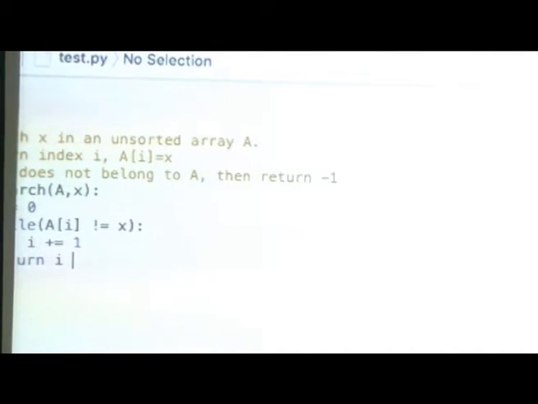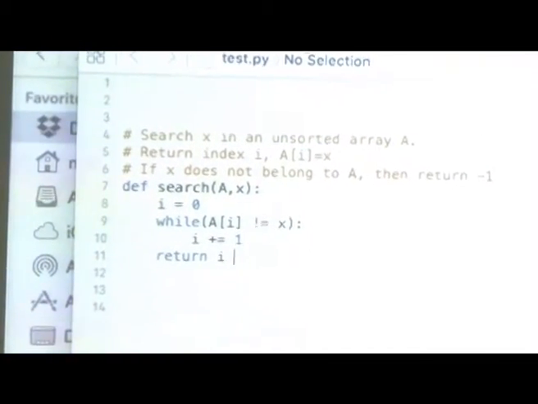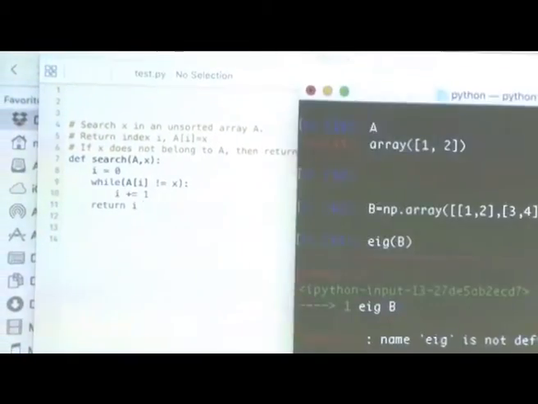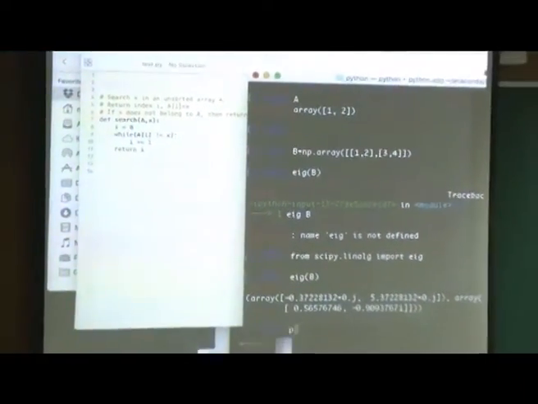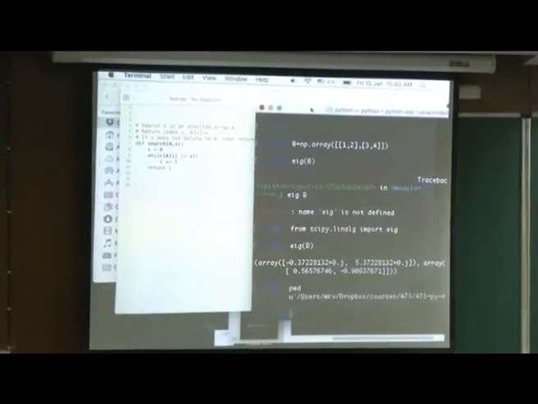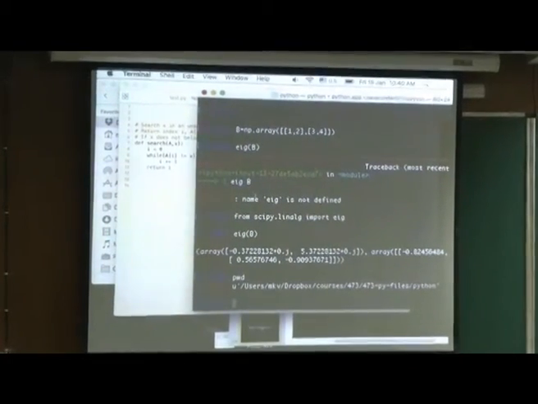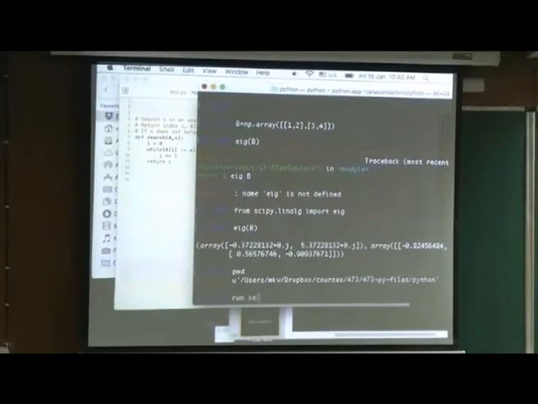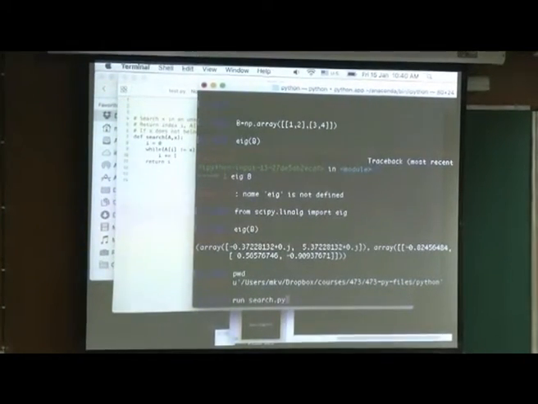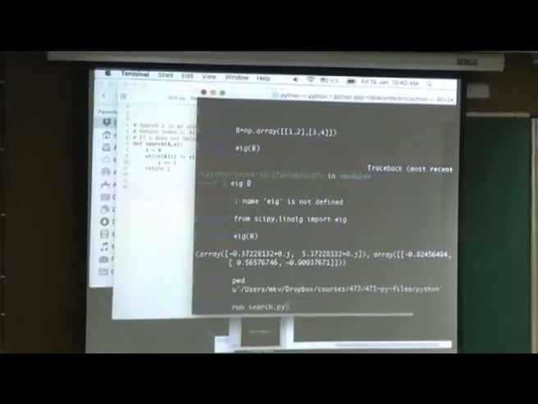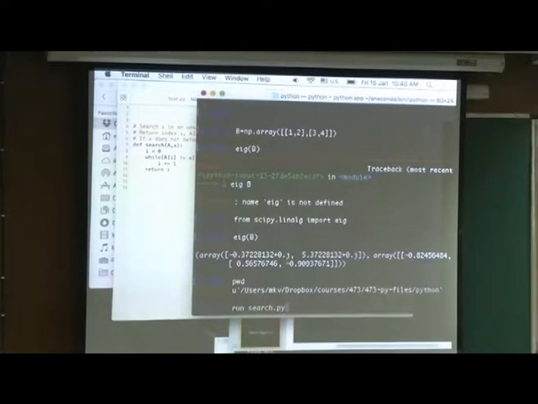Python gives you flexibility. Does it work if x is part of A? Then I will worry about the other case. It's a simple line I have to include, and I will do it right now, but let me first test. I should make sure I am in the correct directory. I am. So run search. When I say run, it is going to import, basically compile, this function and keep it ready for my use.